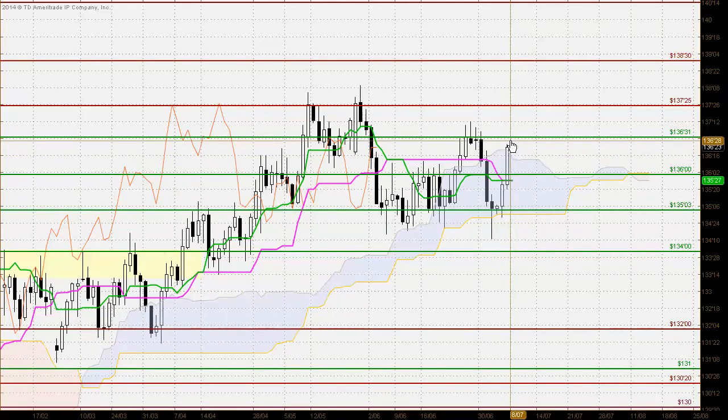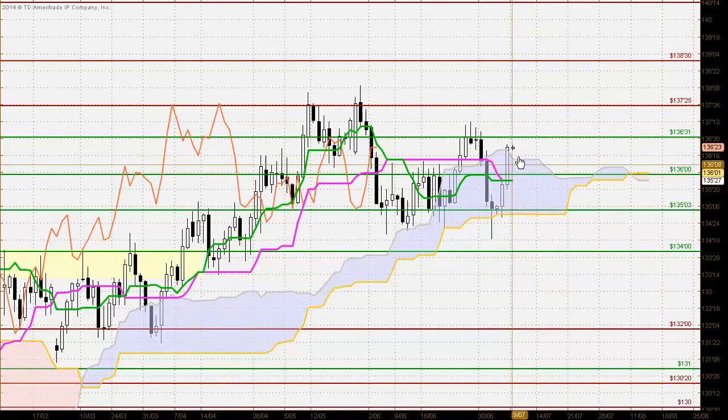that would mean a strong bullish close up above 136.31, and I suggest that if we see a strong close up above there, we could see the market at least testing to the 137.25 level. If the market does come off, potential now for support at the top of the Ichimoku cloud, and then down at the Kijun-sen and Tenkan-sen around the 135.27 level, and also at that 136 level, so we have some very